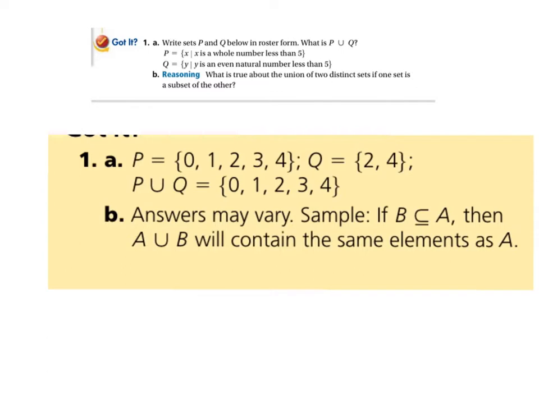And then we want to know what is true about the union of two different sets if one set is a subset of the other. Well, the idea is if one's truly a subset of the other, then, as is the case here, you're really just listing the universal set, or the one that it's part of. So